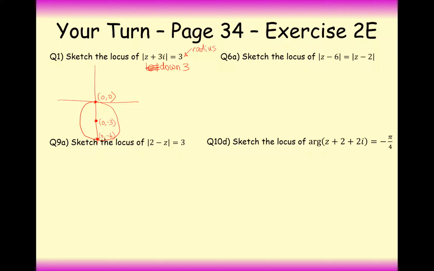Okay. The next one here, question 6. Now this is a different one. It's not going to be a circle, this one here. It's going to be a perpendicular bisector between the points 6, 0 and 2, 0. So it's going to be the equal distance from the point 6, 0 to the point 2, 0. So this is going to cross through the coordinates of 4 and then some y value. So we've got a first coordinate here at 6, 0, second coordinate here at 2, 0, and it's going to cross through